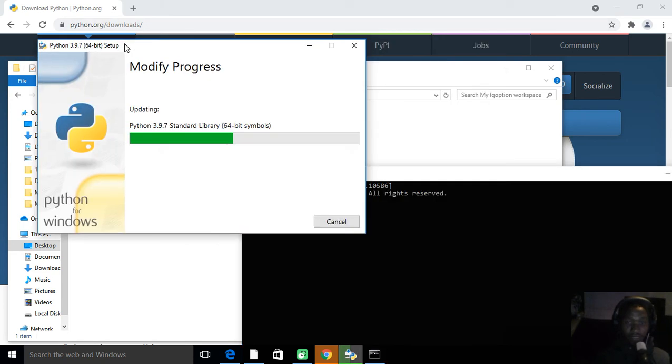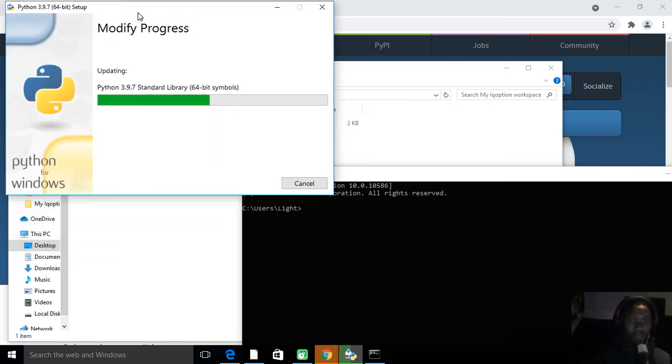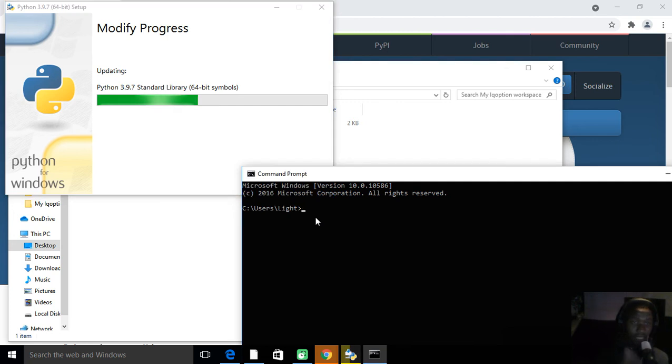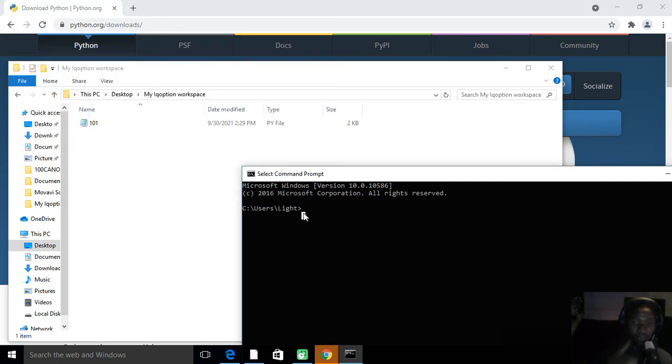But remember guys, I have already installed Python, that's why it's doing this, so I can cancel it. So to ensure that Python is installed, you're going to type now